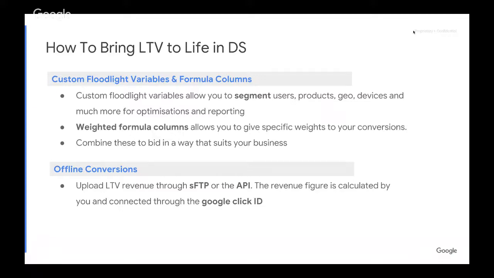So our second segment on our online areas will be working with weighted formula columns. Essentially, formula columns are a way to manipulate a current conversion that you have within DS, or conversion column, and weight it, or actually give a value to it, depending on what your business needs are. So in some cases, you might have two custom conversions brought into one formula,